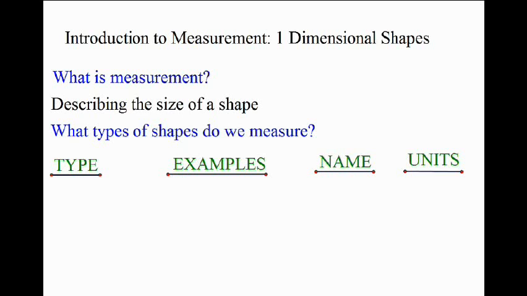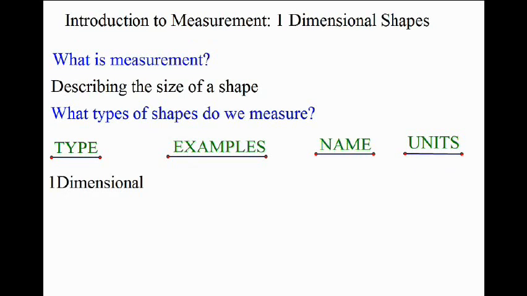The first type of shape that we're going to be talking about describing the size of or measuring is what's called a one-dimensional shape. And in general, when we're talking about a one-dimensional shape, we're talking about a line segment. Now, a line segment can take various forms. Here, I've drawn a line segment that's just simply a straight line. But we could also measure the size of a line segment that's curved, part of a circle, and this would